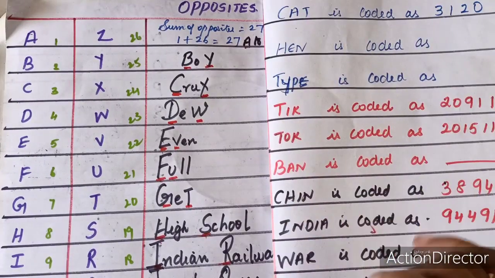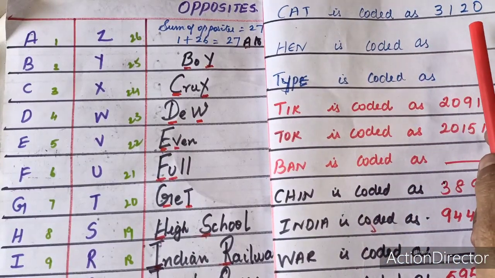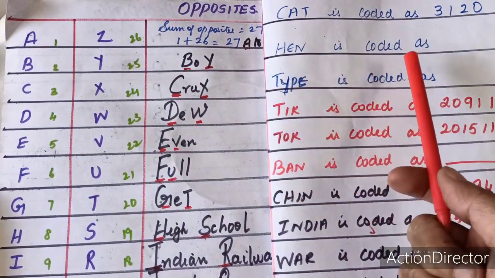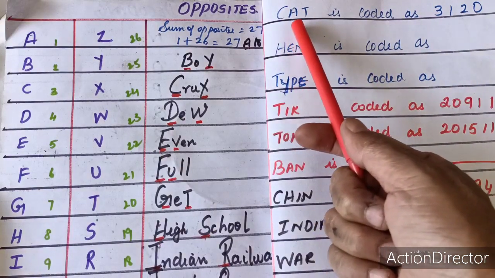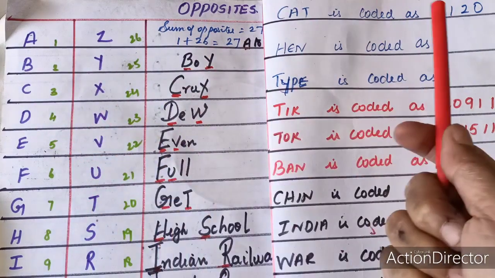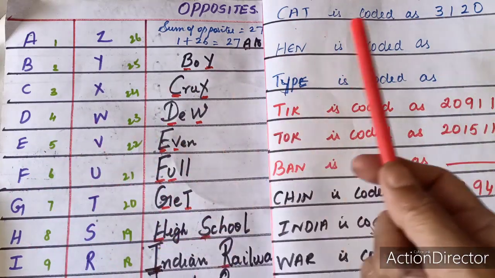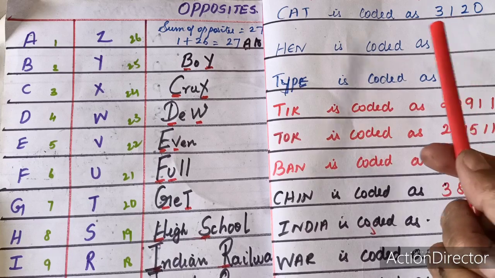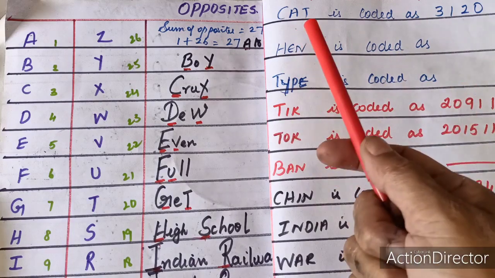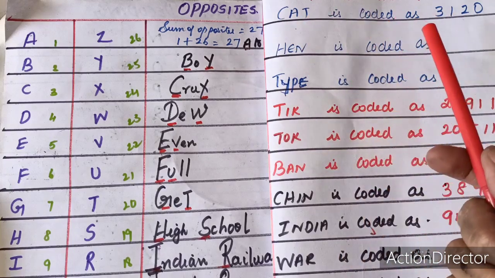Yes, children, now let us see what are number codings. Here cat is coded as 3120. In the same way, you have to find out the answer how hen can be coded. So from this you can understand how you got the cat. C from the chart you can see the numerical value for C is 3 and for A is 1 and for T is 20. But every time you cannot make the chart, so you have to remember according to the trick I taught you. So see, first one C I told you to remember 3. And for A also I told you to remember as 1. For T I told you a shortcut T20. So in this way you can remember. Cat is coded as 3120.